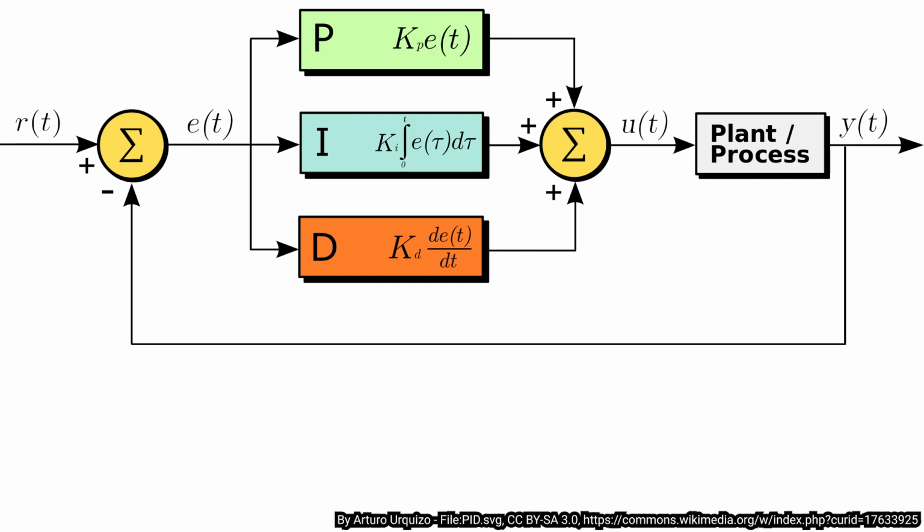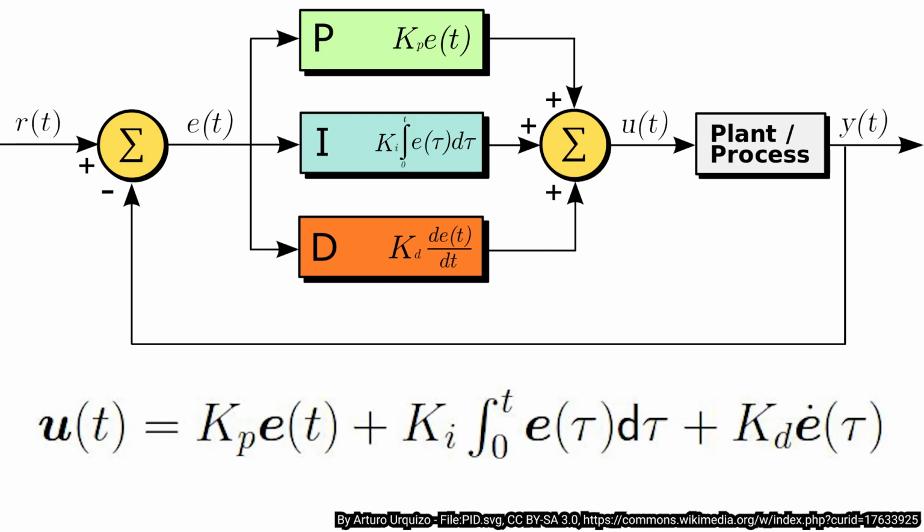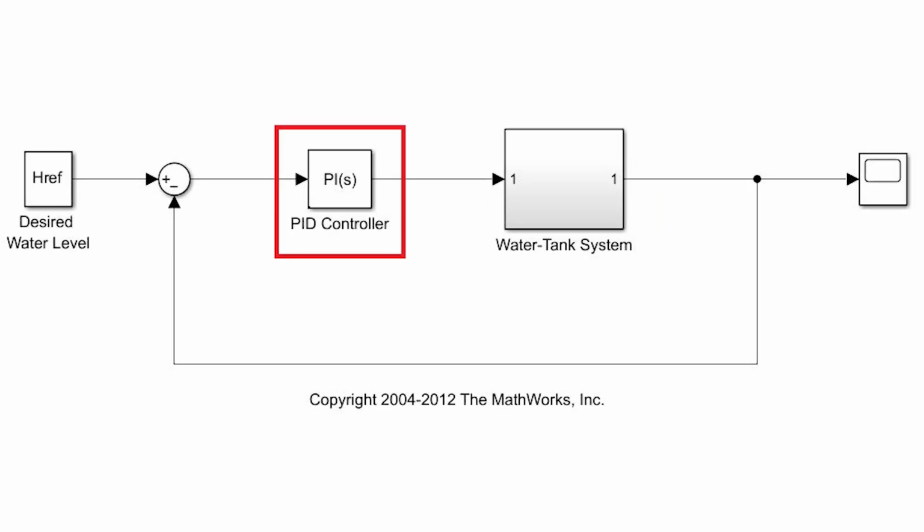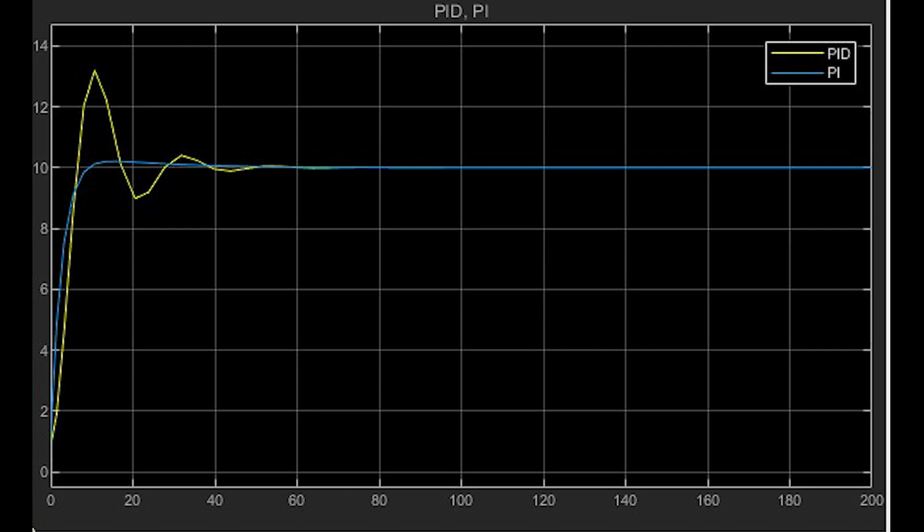It may also be described by this formula. To demonstrate the performance of such a controller, I'd like to use an example from MATLAB simulating. Here we have a system whose dynamics is described in this block. We use a PID controller to achieve the desired water level. In this formulation, by the way, the PI controller, without the derivative component, works much better, and it reveals